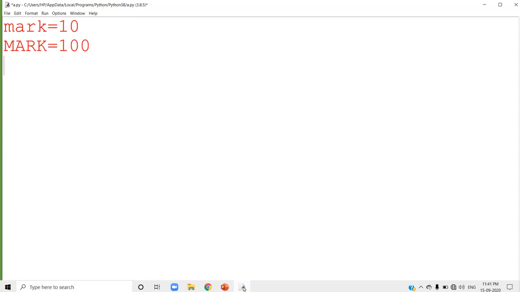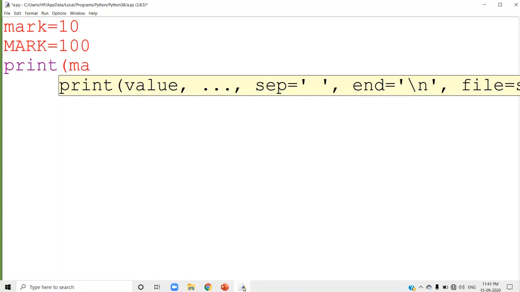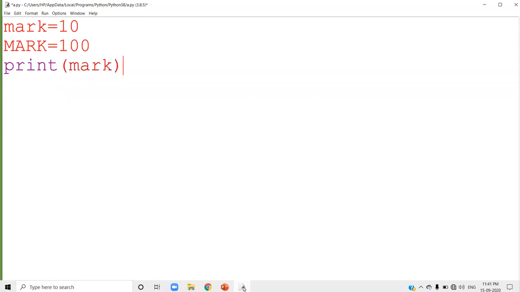When I use the print statement, which you already studied, I am going to say print mark. What will be displayed? It will display the first value, that is 10, because along with print I just used mark in small letters. The small letter mark contains the value 10, so that 10 will be displayed. It will not display 100.